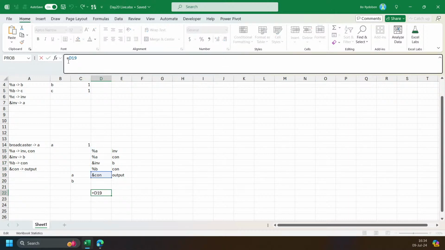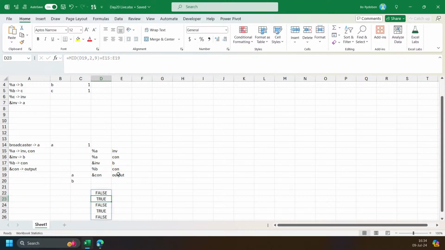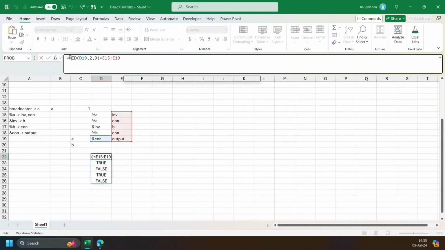So this means I go with mid, not mod, mid of this one by 2 by 9 equal to this one. I got something here,